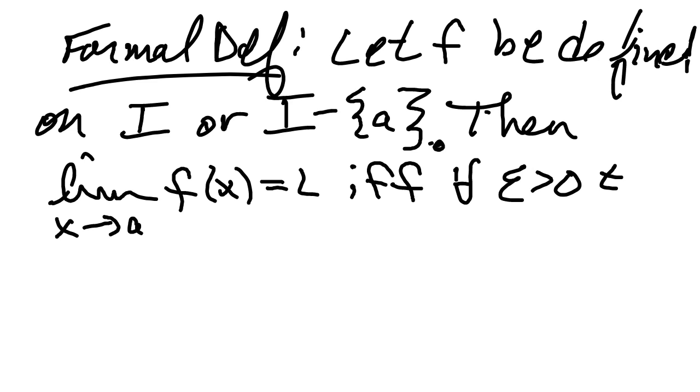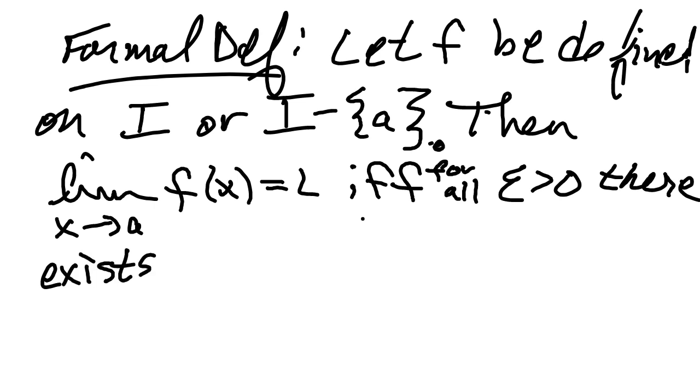Sorry, let me erase. If and only if, for all tiny numbers epsilon greater than 0, there exists a delta greater than 0, which is another positive number, such that